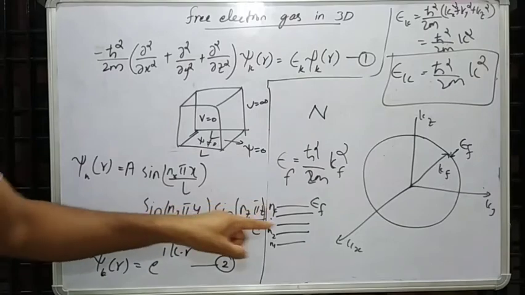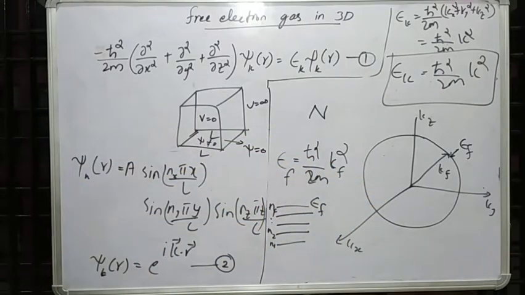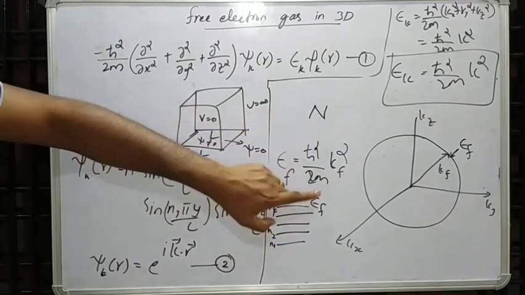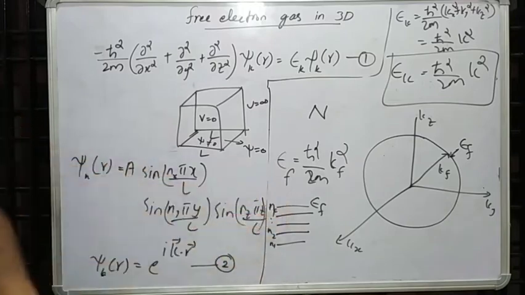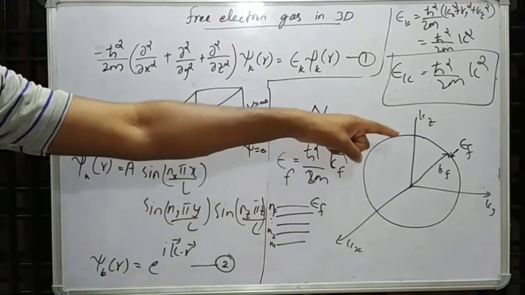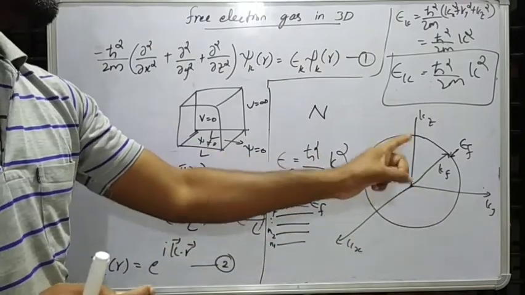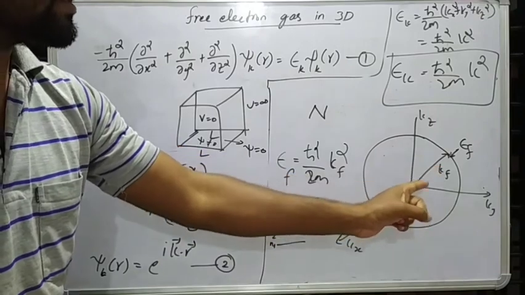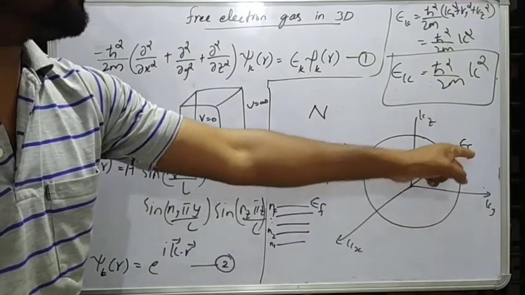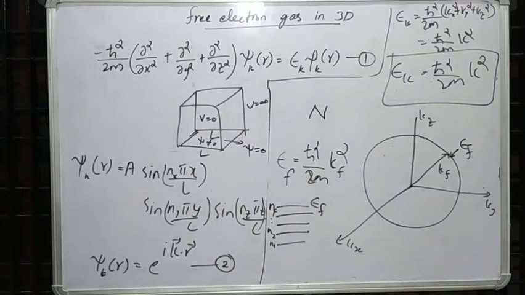So instead of these energy levels we are considering the orbitals. Here we have represented the orbitals like this, and in 3-dimensional space we are considering the orbitals are inside a sphere in the momentum space, with the radius of that sphere kF and the energy at the surface EF, the Fermi energy. EF is equal to h bar square over 2m kF square. Okay,